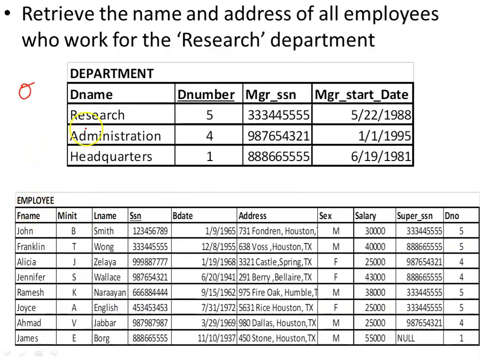When I do this, I will get the department number, manager SSN and the manager start date along with the name of the department. Then I apply a simple join operation based upon a common attribute between these two tables. The common attributes are D number and DNO, that is D number and employee.